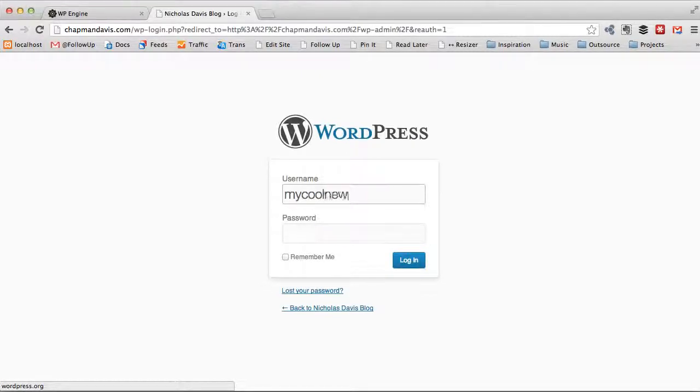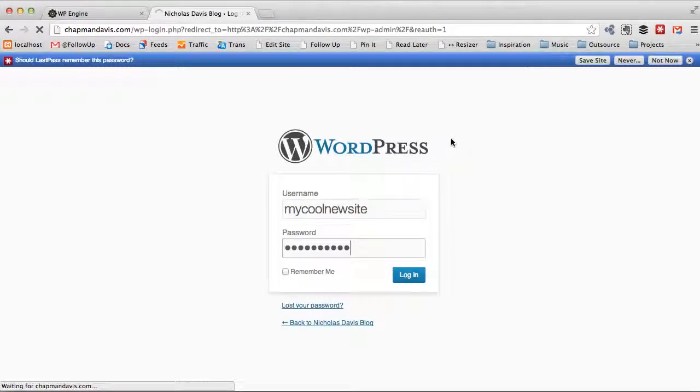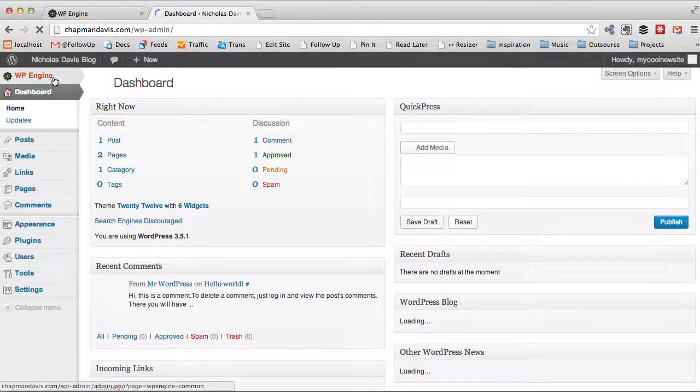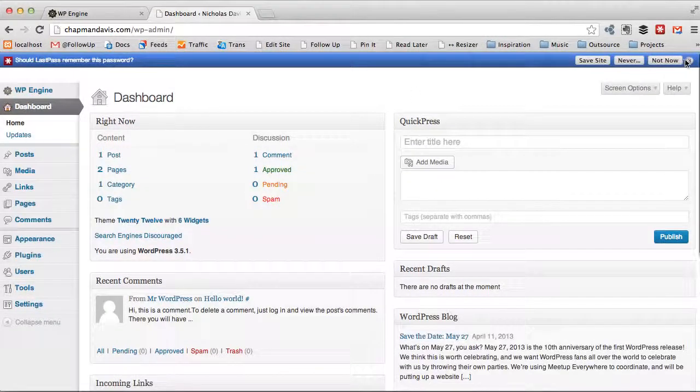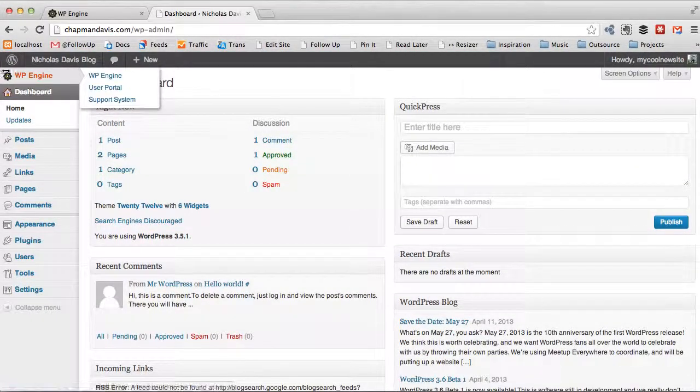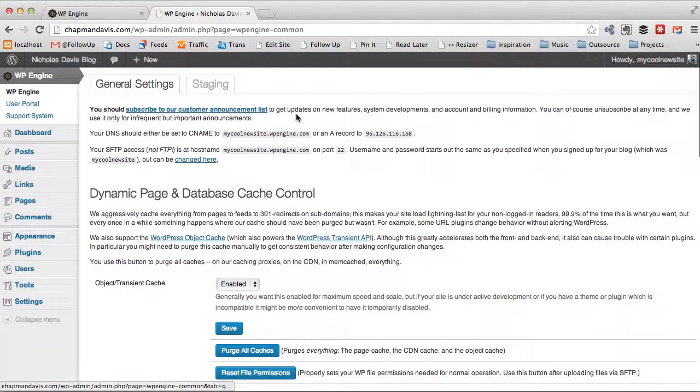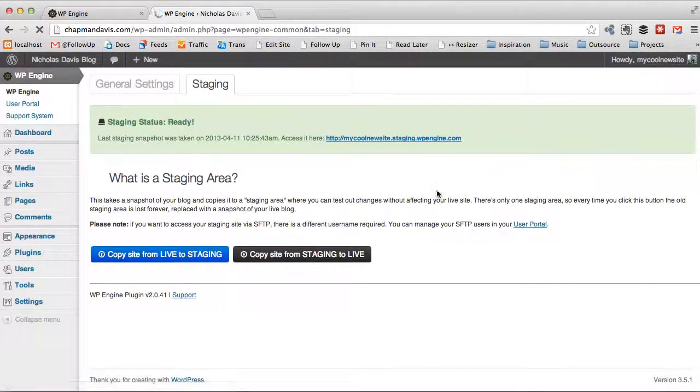My Cool New Site. Hopefully that's the right password. I know I should have done this before I started the video. Okay, whatever. So in WP Engine, go in the top left after you log in, hit staging, and here we go. Okay, so this is how you'll